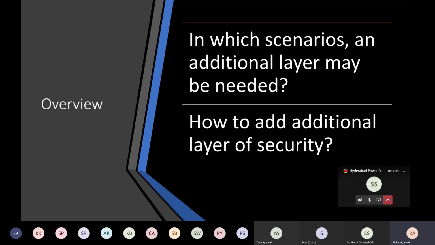In this case, how we can add that layer of security is, I am going to add functionality where it will generate random numbers. This random number, whatever is generated, is going to be the OTP, the one-time password. So whenever I am person A and I am trying to log in to the application, I am going to select which user I am.